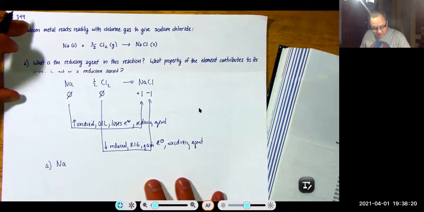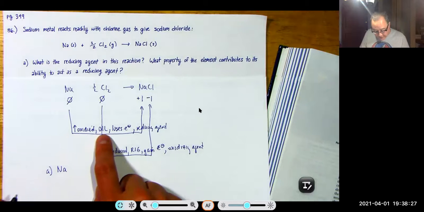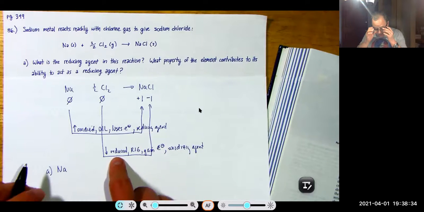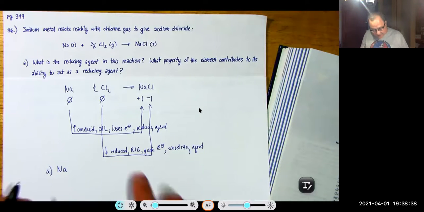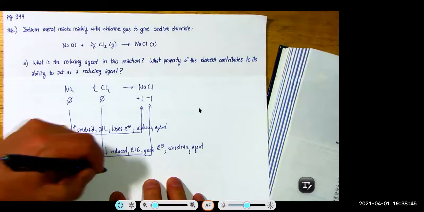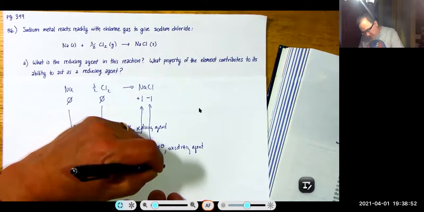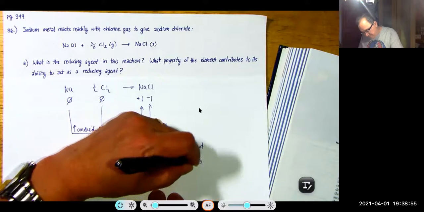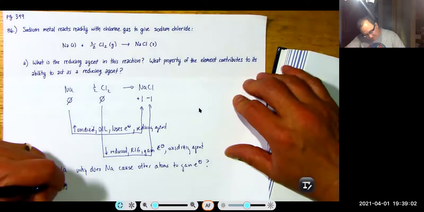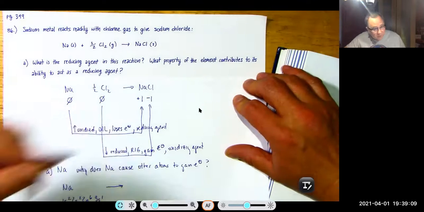What property of the element contributes to its ability to act as a reducing agent? So oxidize means you lose electrons, right? But if you're the reducing agent, you're causing reduction, which means you're causing something else to gain electrons. So here what they're really asking is, why does sodium cause other atoms to gain electrons? Why does it want to act like a reducing agent? And the answer is because sodium, which is 1s2, 2s2, 2p6, 3s1, if it were a person or a human being,